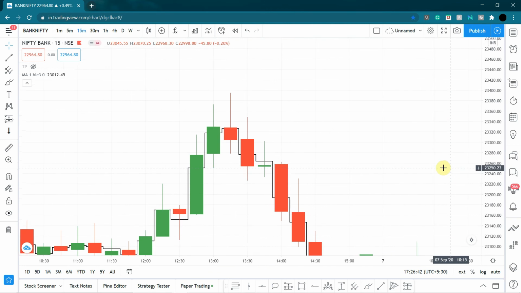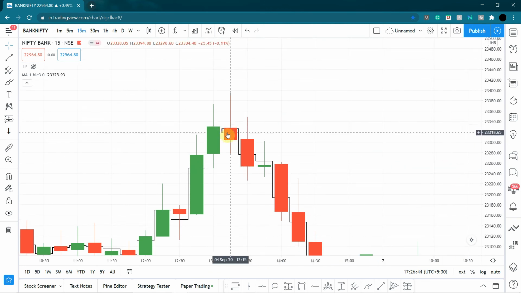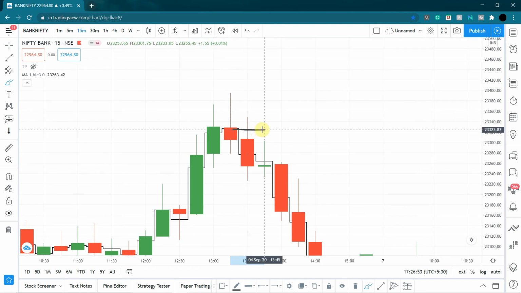So if this is our candle number 1, you can see the next candle actually goes higher than the mean. This is the mean level of the previous candle, and as you can see, the next candle actually went through the mean, even higher, and then started falling down. So an entry at this particular level is way better than an entry right over here. And let's say you miss this, you can always go for the second candle.